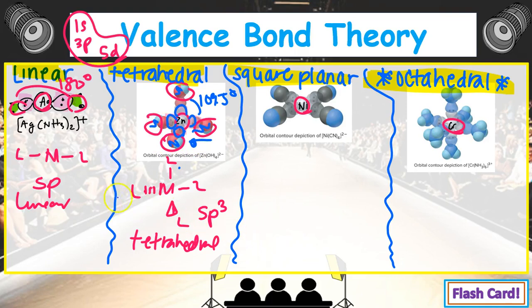And so because there's only 1 pair of electrons being donated, that's why we can basically get away with calling it sigma. Okay, let's move on to square planar. Now we know that square planar also is going to have 4 different ligands surrounding the central metal ion. So it is going to be using 4 different atomic orbitals, but because the metal ion is in a different